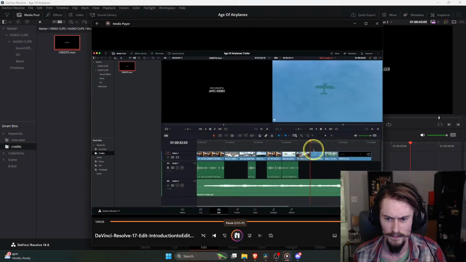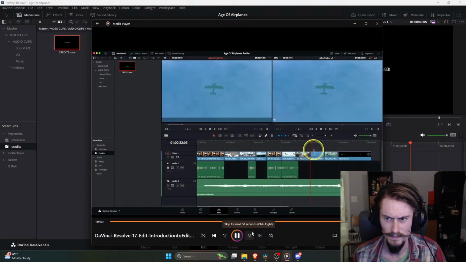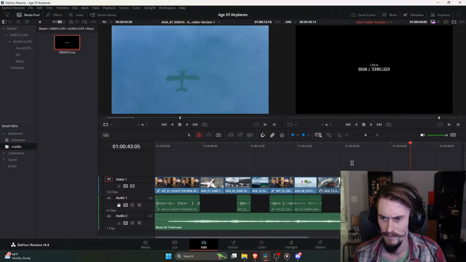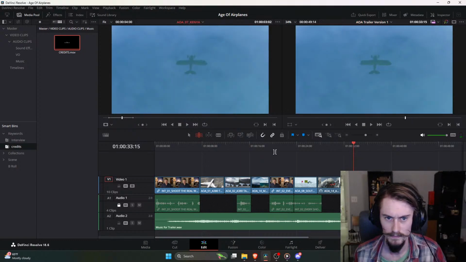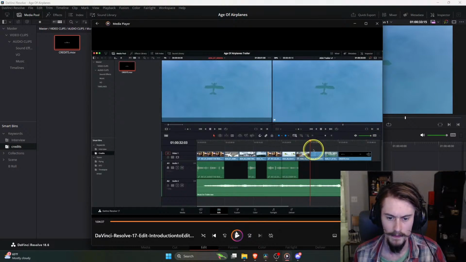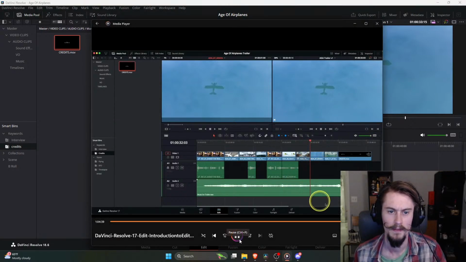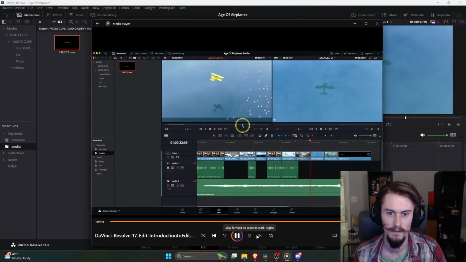If I actually want to reveal the original source clip for that clip, I can just press F on the keyboard in order to be able to do a match frame. This actually brings the original source clip up into the source viewer. This means I can now see all of the rest of the clip without actually having to manipulate it directly on the timeline. If I now choose a new starting frame for this clip, just as the plane is coming over this shot of the flamingos here,